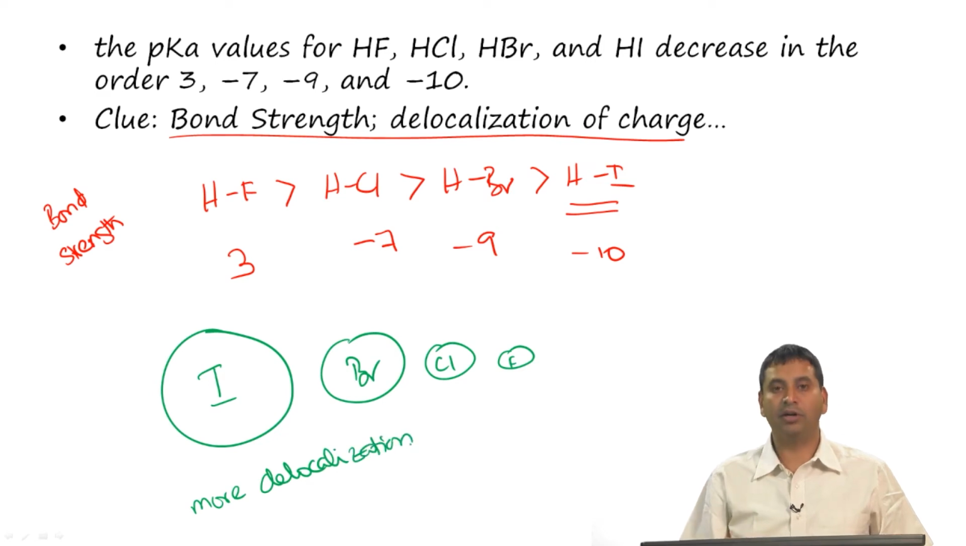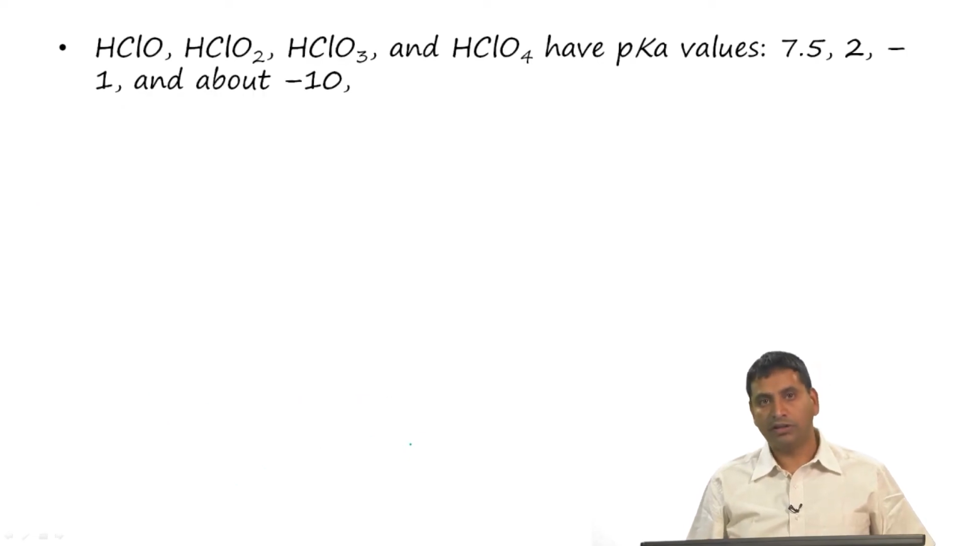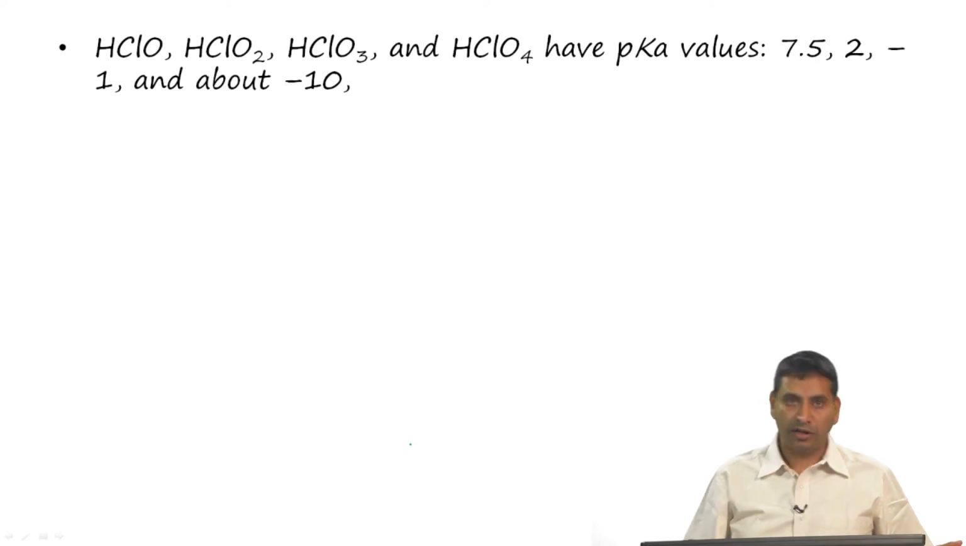In iodine when compared to iodide when compared to bromide, chloride or fluoride. So, this helps us understand the trends in the pKa values. The next example is a series of perchlorate and related compounds. So, here again the pKa values are arranged in